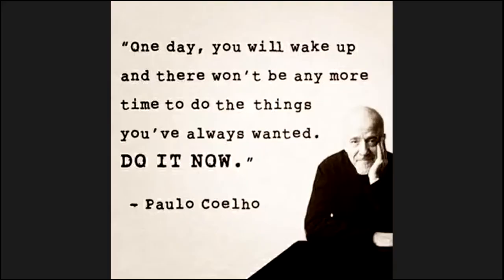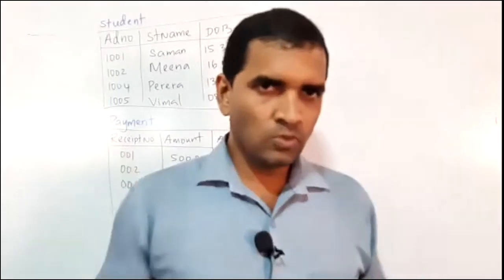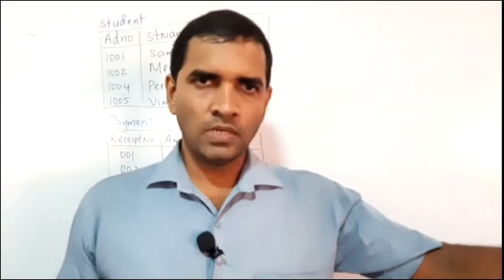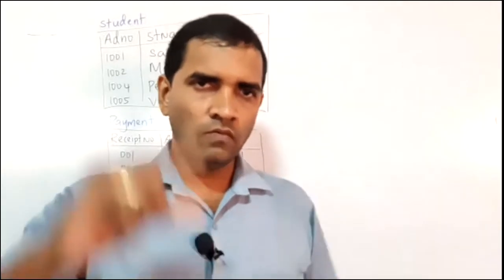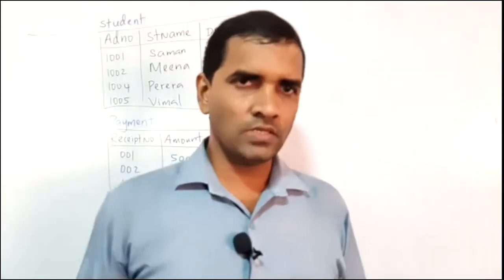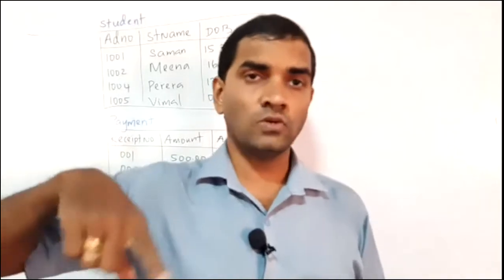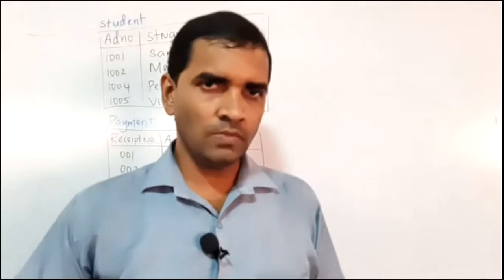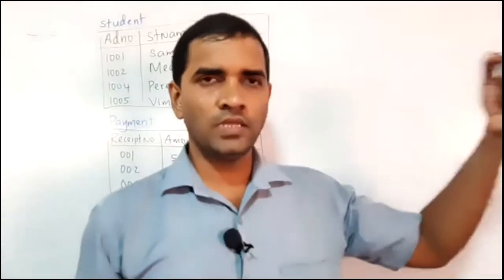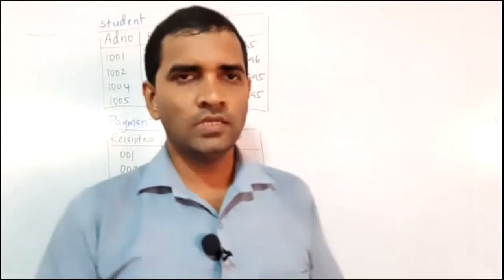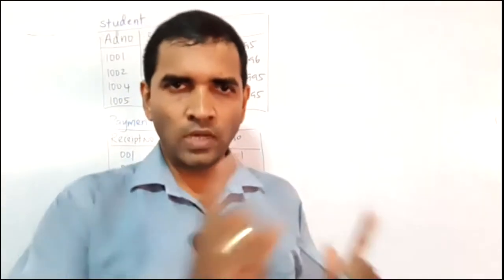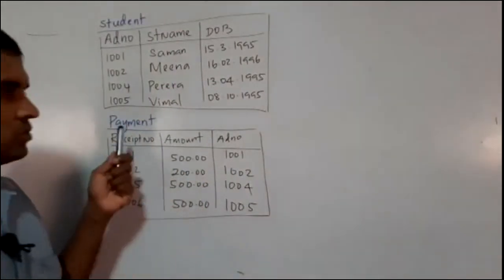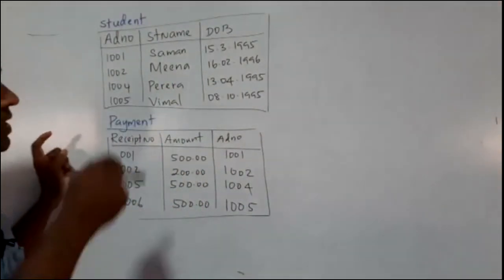So what is one-to-one relationship? There should be two tables. If data in one table, or the first table, has only one similar data in the second table, and also vice versa, if a data in the second table has only one similar data in the first table, then it is called one-to-one. You have to check in both directions. So take a look at this example again, the one which I explained earlier.